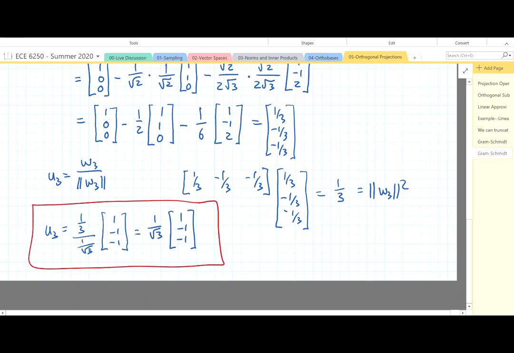And aside from just creating an orthonormal basis, this actually turns out to have far-reaching consequences in everything from matrix inversion, solving systems of equations, and adaptive filtering, and various things like that. So that's Gram-Schmidt,